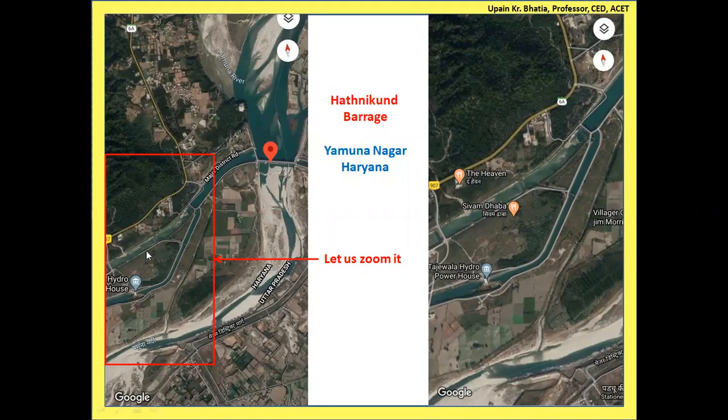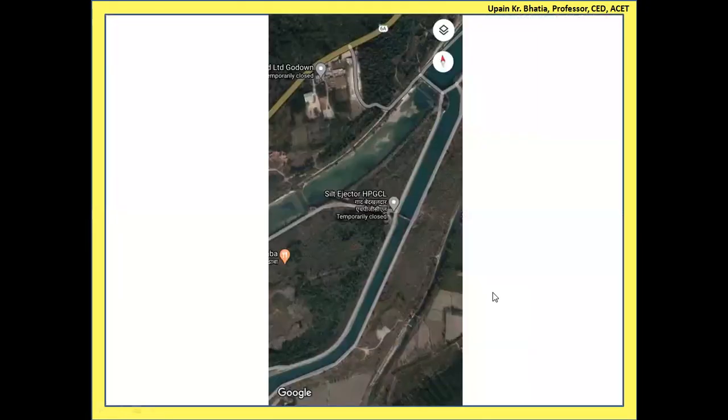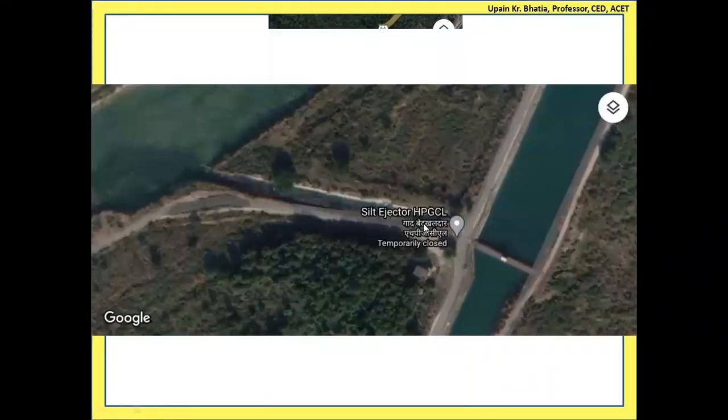So most of the time, this portion of the canal does not get water because it is feeding the water to this powerhouse. Only in case of shutdown of the powerhouse, or for some repair works, or during the floods, this portion gets water. And this is the zoomed portion where this powerhouse is visible, and we have seen this silt ejector, and it is functioning over here. So you can see this passage also, and these lines also, which are indicating the deposition of the silt in this portion. So some formation is like that. It is showing the stagnant water.